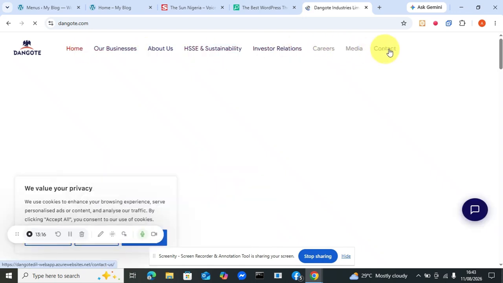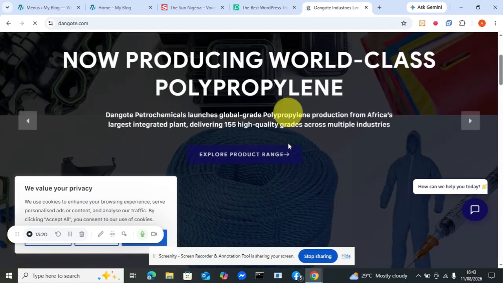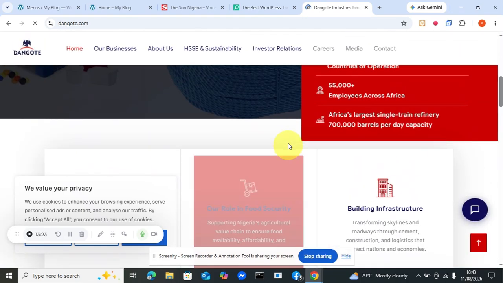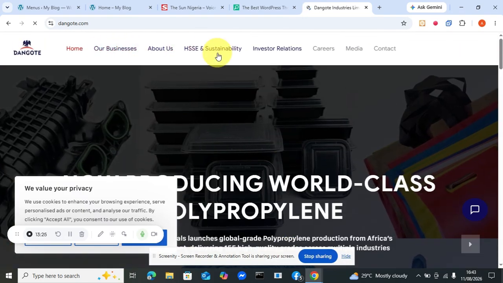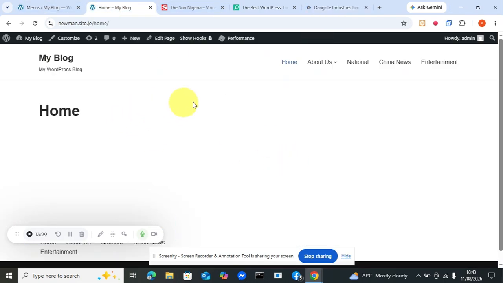Okay, this one is not showing, but there are some other websites that would be showing sub pages somewhere around here. Okay, so now how do we add stuff